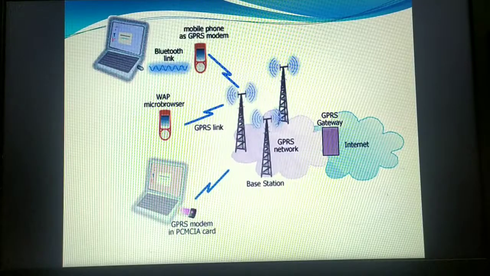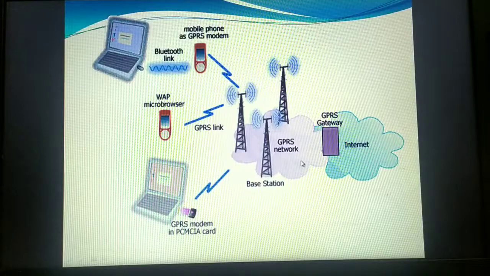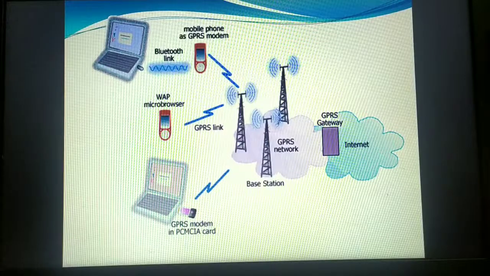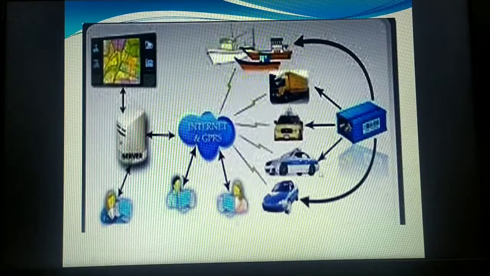Now this GPRS actually comes under the GSM network only. We are using GSM handsets, and within that we are using the GPRS link to connect to the internet because of its speed, 56 kilobits per second to 114 kilobits per second. It charges only for browsing, surfing, downloading and uploading. If you are just connected to the internet, you will not be charged. That is why GPRS has become most popular.